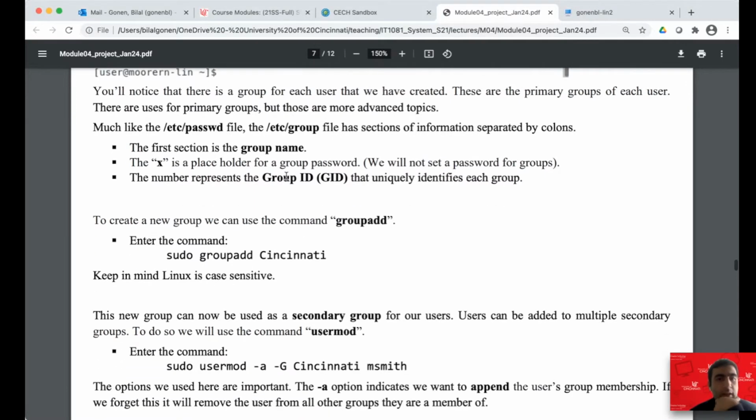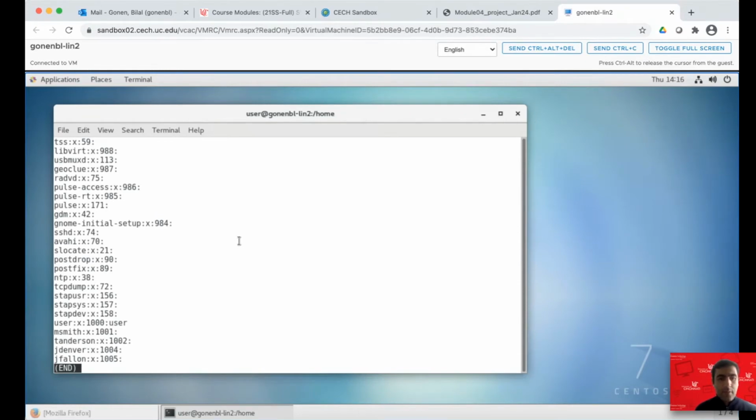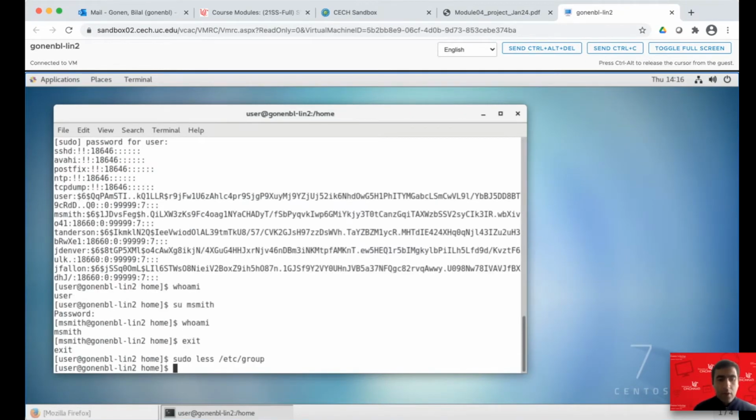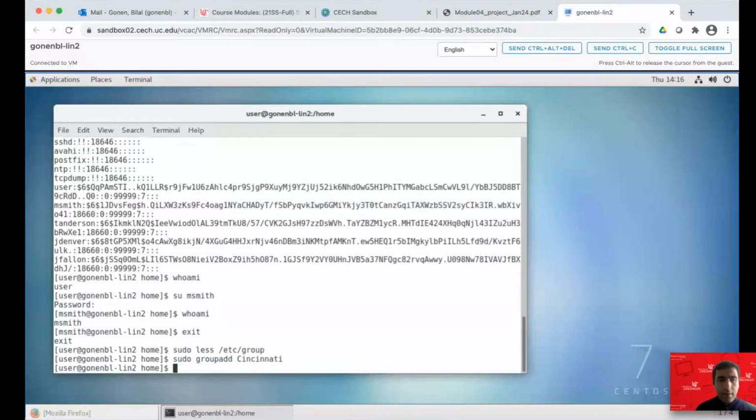Okay, so what else? Let's create some groups. To create a group, we use groupadd, okay? And then we create Cincinnati in this way. Sudo groupadd Cincinnati. Okay, so sudo groupadd Cincinnati. Okay, groupadd Cincinnati. Okay, so we created it,